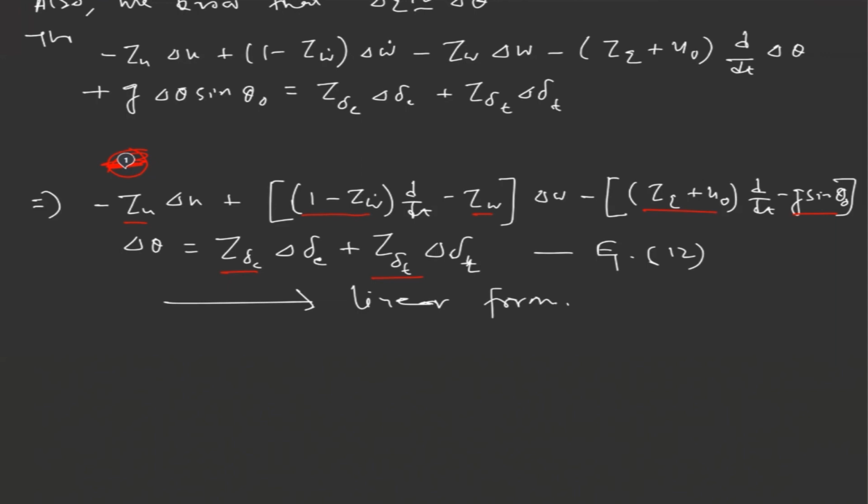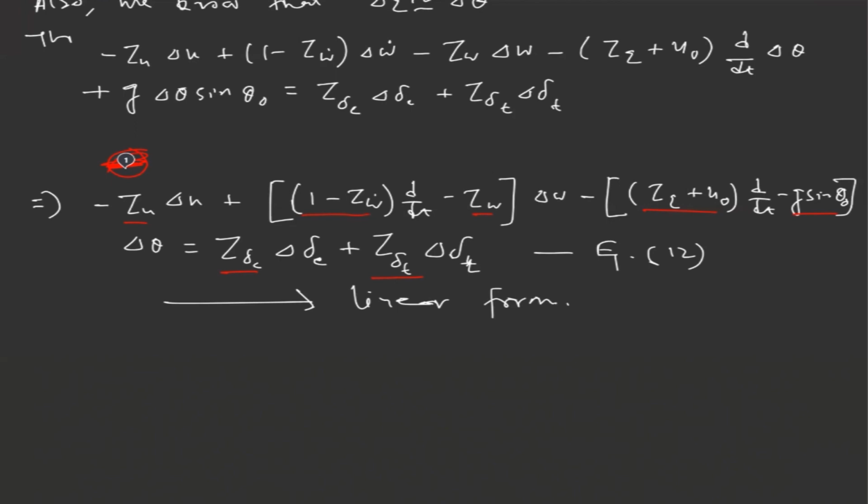And other than these terms, the other variables are arranged in linear form, and hence the system is a linear equation. Our only equation left is the moment equation along the